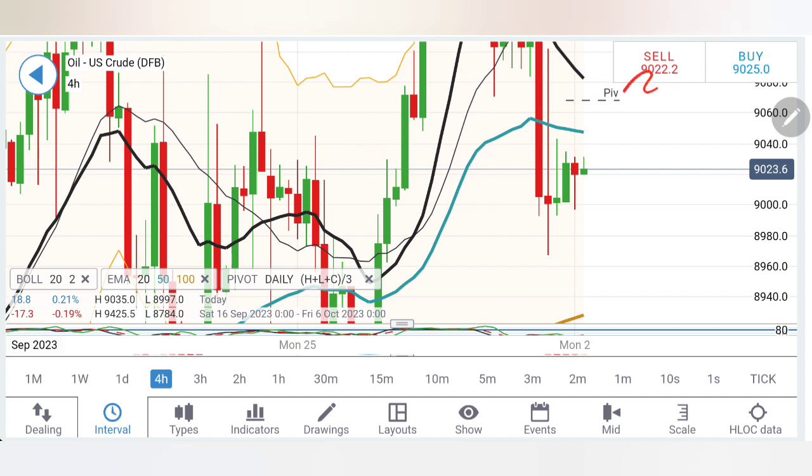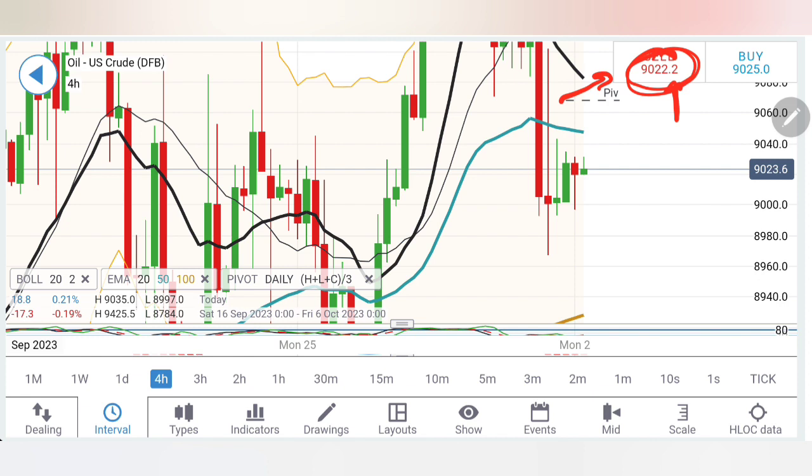Once you see oil is staying at 90.4 or above 90.4, you can buy. This price has to be above 90.4 in order to confirm a rise here. But then also 90.6, 90.8, 91, 91.2. These levels are nearby, and at every 20 cents there is a little resistance.